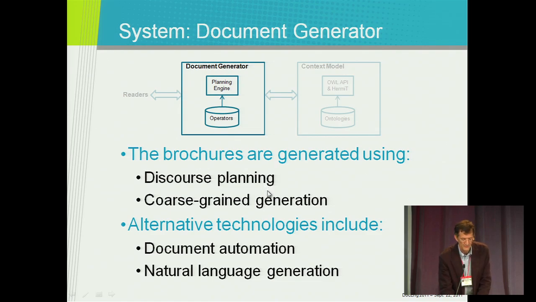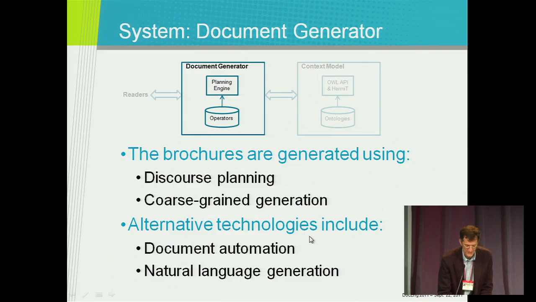The generation itself, the construction of the actual text on the page, is coarse-grained. That is, we're working with larger chunks of text on the order of paragraphs or sections, like the Indigenous Australian definition. Not only is it an engineering problem that makes it a little easier and more efficient to construct these texts, but also we have these blocks of text that we don't want to mess with. I have much respect for the summarization folks in the previous session, but we didn't want to try to paraphrase or summarize this three-part definition of Australian Indigenous. So that's how we chose the coarse-grained generation, departing from our roots in language generation.